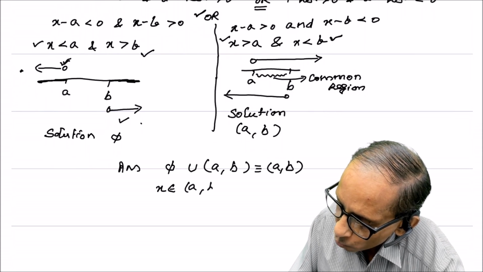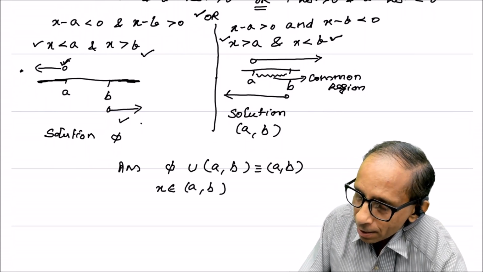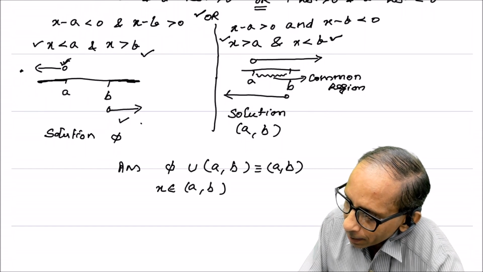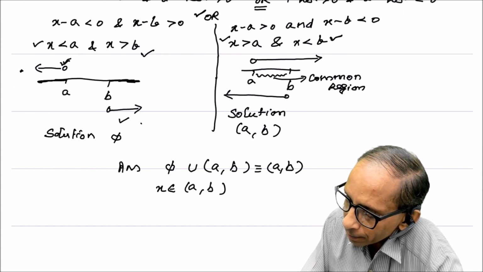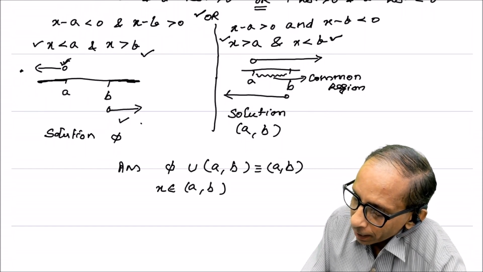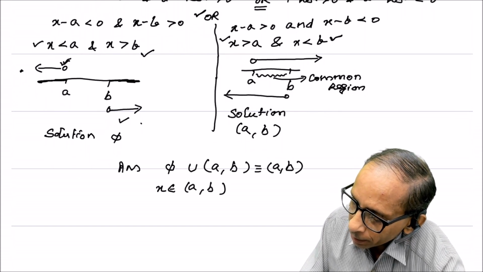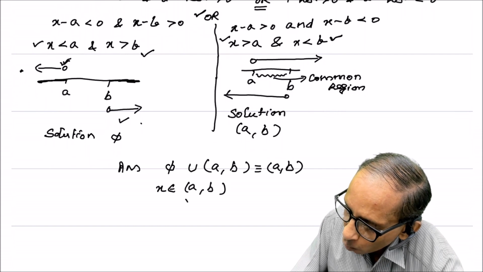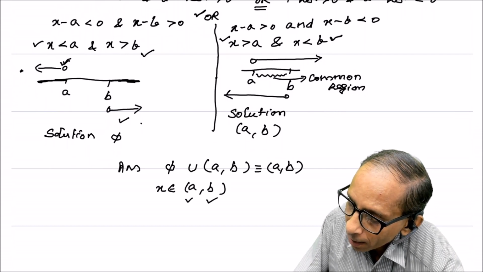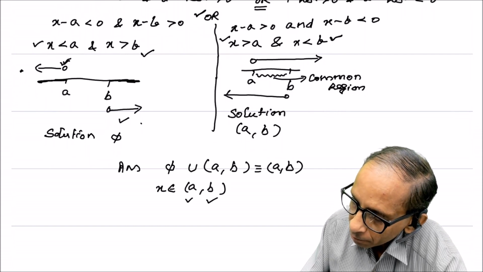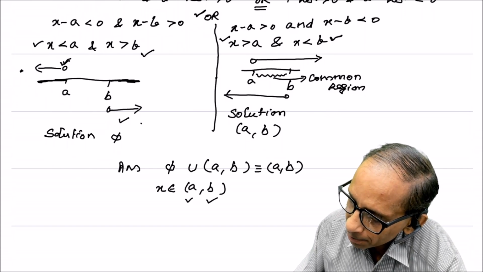x belongs to a comma b, that is x lies in the interval starting from a and ending with b, excluding the endpoints a and b. It lies between the smaller number and the larger number. As typical examples,